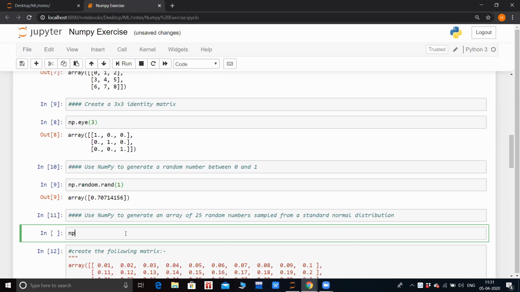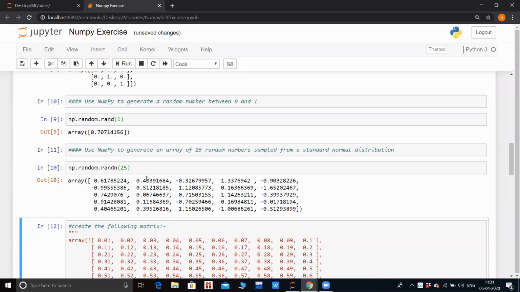So I'll type np.random. and I'll select randn after typing tab, and I'll just pass the number of elements I want as the argument, that is 25. You can see 25 random values sampled from a standard normal distribution are generated.